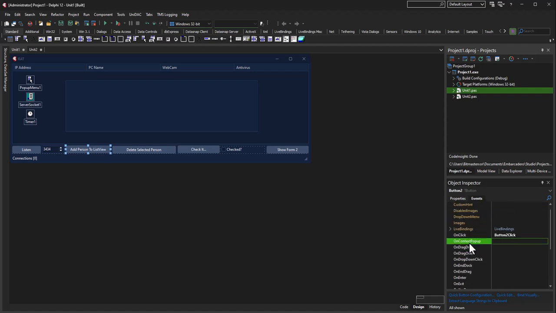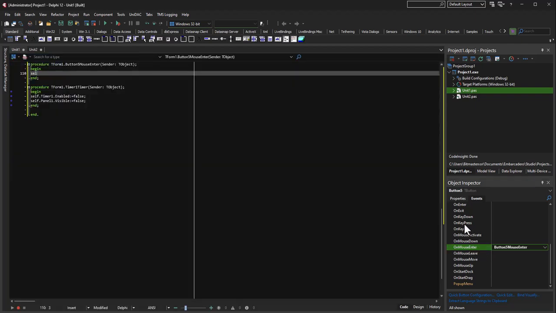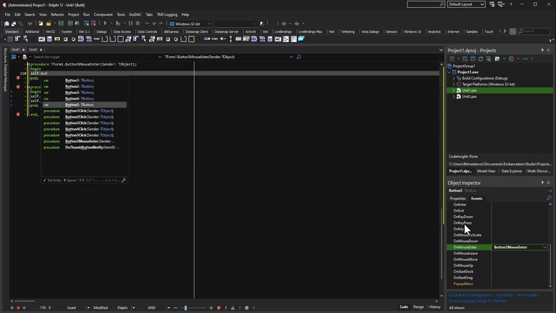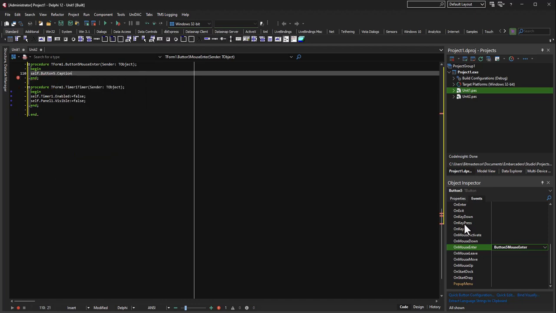So if someone, on mouse enter, for example. So here, check this out. We'll do on show form 2 on mouse enter. We're going to make self.button5, which is our button we're messing with right now, .caption := 'I'm in'. Okay, so we're going to copy this line of code, and on mouse leave, we're going to paste that in